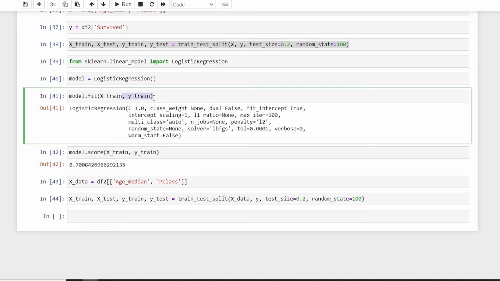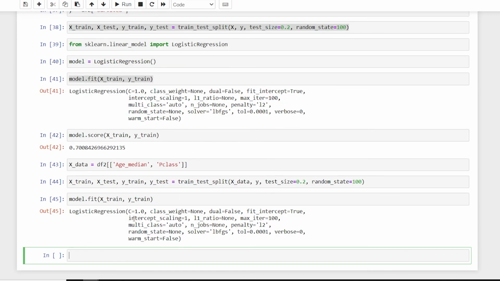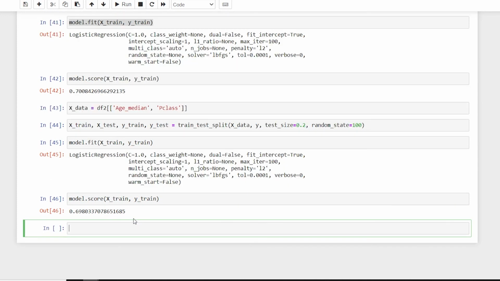So now I'll say model dot fit. So now this one is for the median. All right, and here I'll say model dot score, and I'll say xtrain and ytrain. So this is not working well. Okay, but mean is working well as compared to the median.